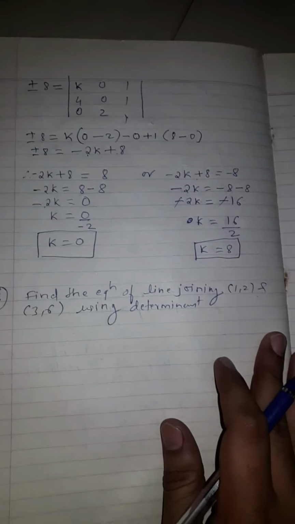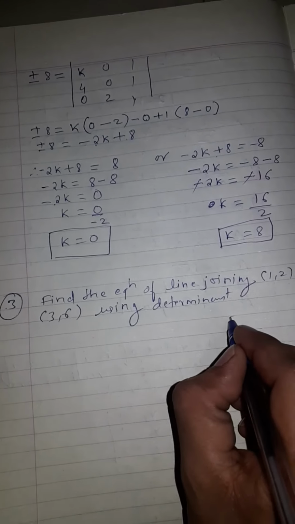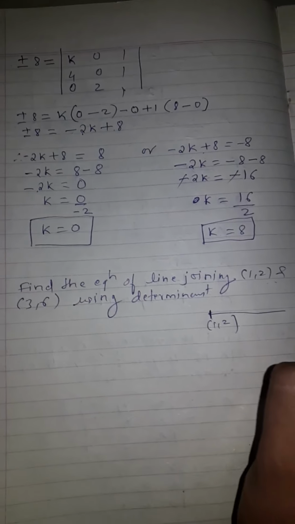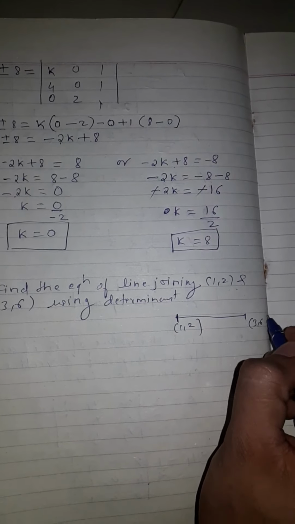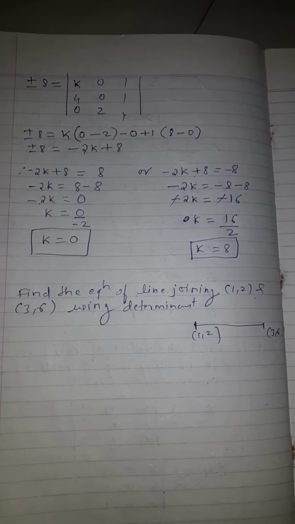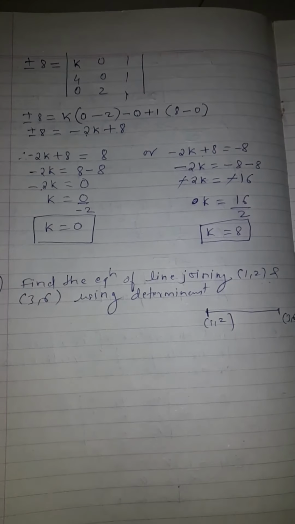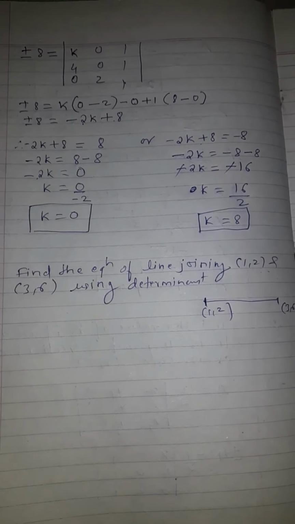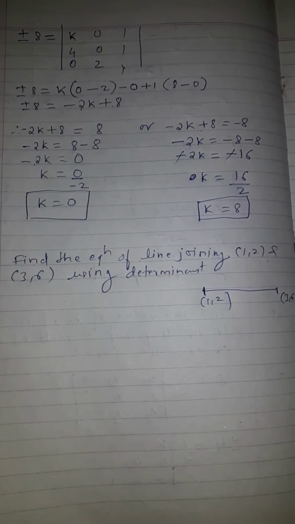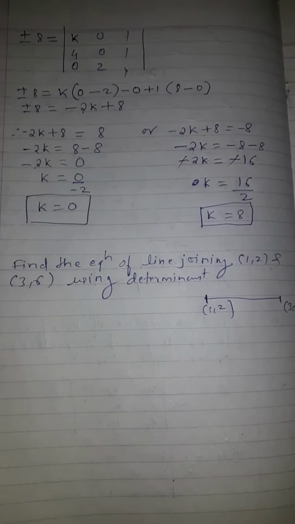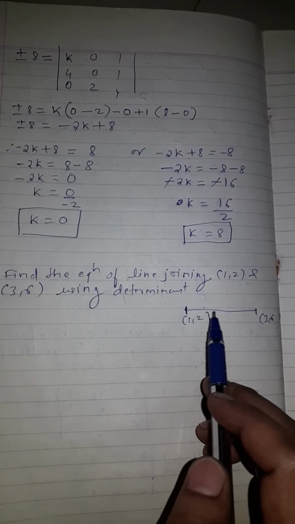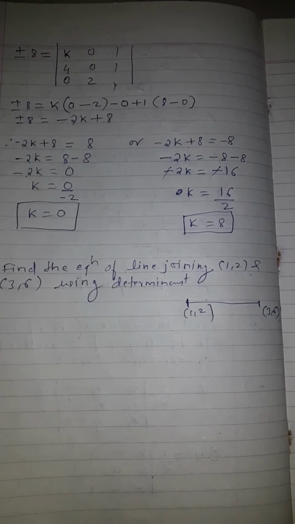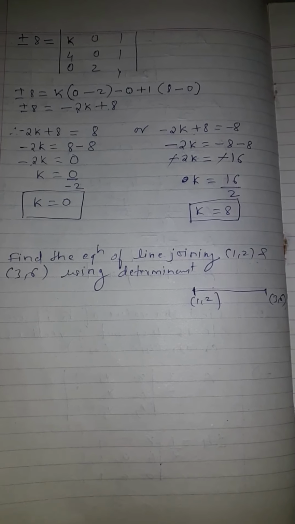As you know, we have to find the equation of this line, that is 1 2 and 3 6. But using determinant they have said, which means the formula is half into the determinant of x1 x2 x3, y1 y2 y3 and 1 1 1. But in that determinant how many points are required? 3 points are required. But on this line how many points are there? Only 2 points are there. Is it not possible to use that formula?